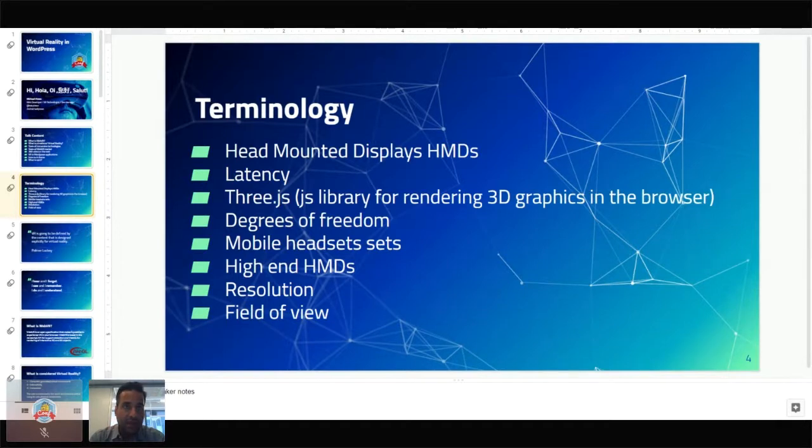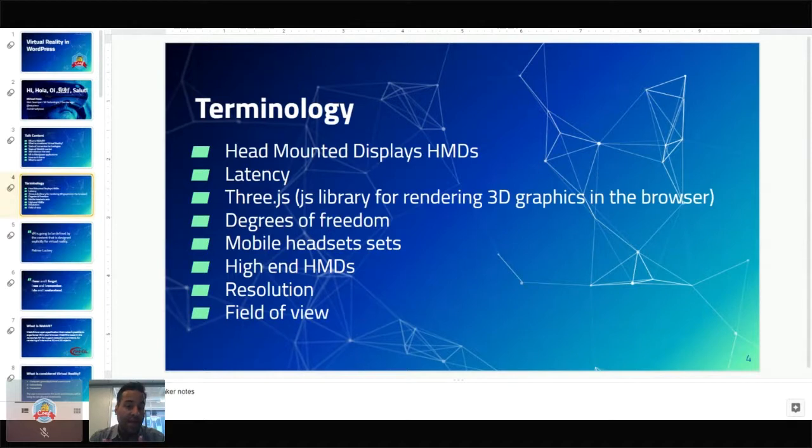Latency is one of the biggest challenges when it comes to virtual reality. Latency is basically the delay between your computer and the display. So if latency is a problem, your virtual reality experience is going to suffer, and it might even cause motion sickness in some people.